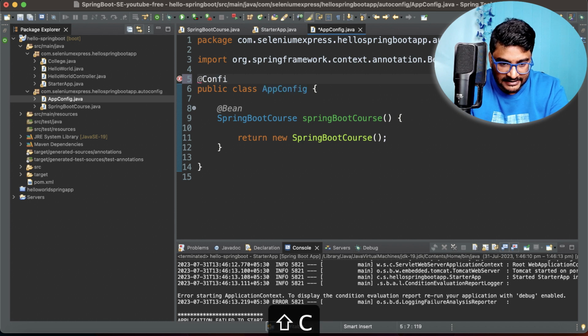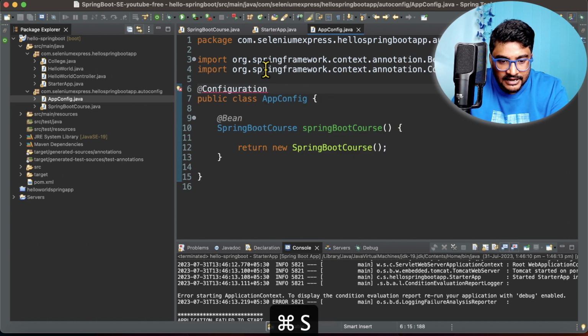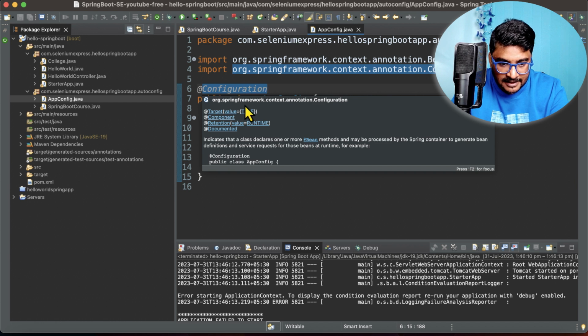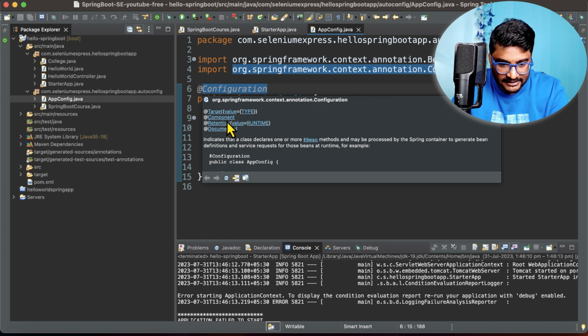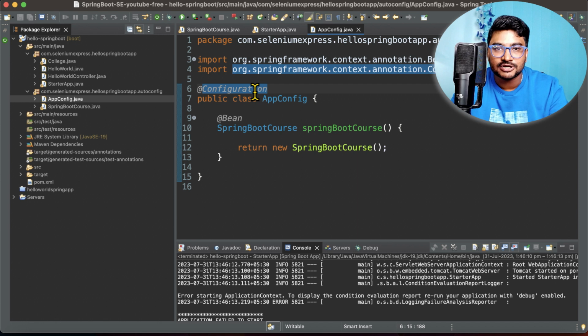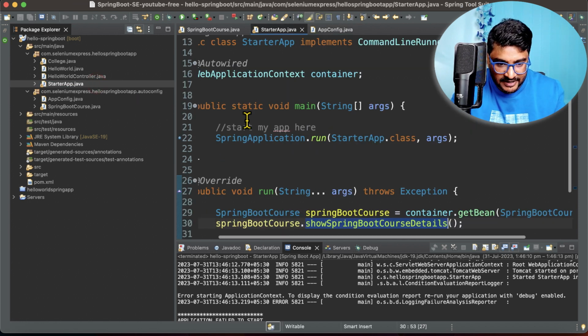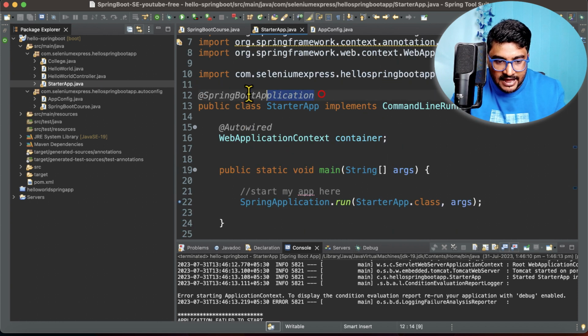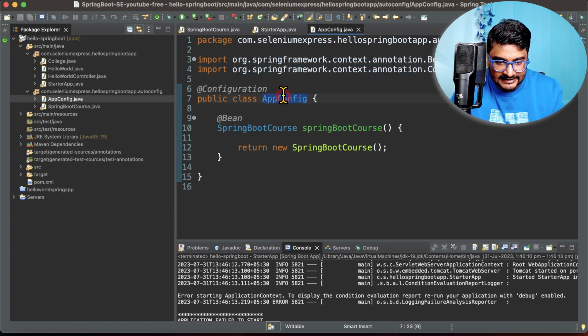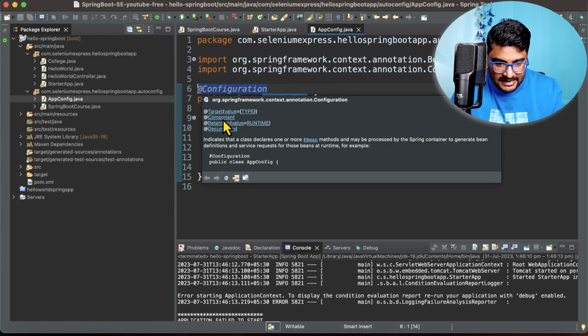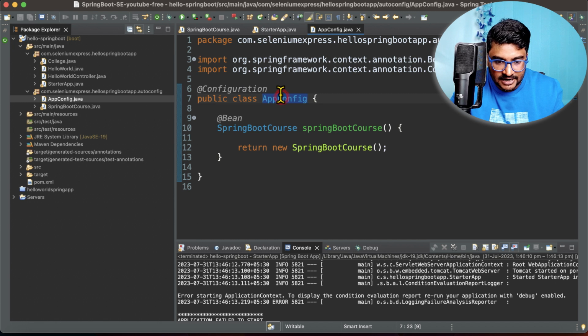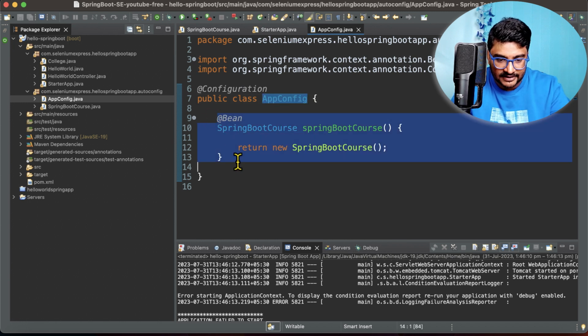So I'll just write a @Configuration annotation over here. And you guys know the configuration annotation behind the scene has a component annotation. So if it is a component, it will be eligible for component scan. And you know that your starter app has this @SpringBootApplication annotation, and this annotation does the component scan behind the scene. And if it is doing the component scan, this class will be detected because it has a @Configuration annotation right now, which internally has the @Component annotation. So this is a component right now, it will be detected,